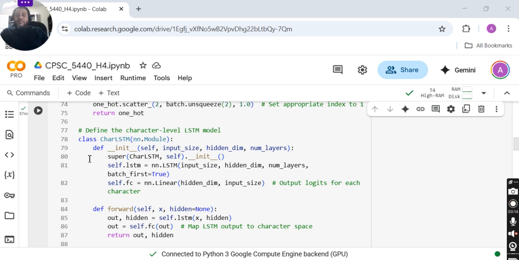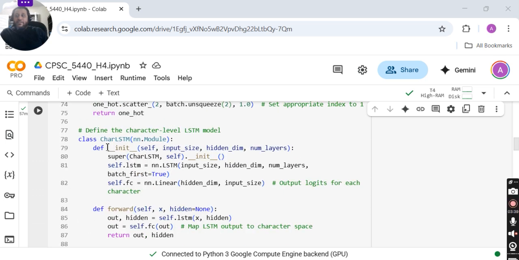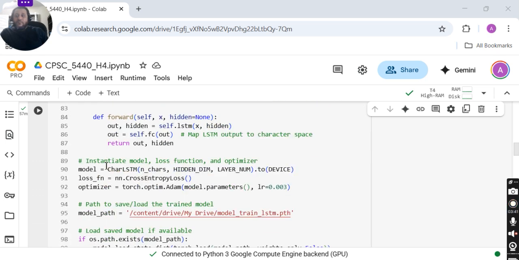Here is the LSTM class, which has the LSTM and a couple of layers, self.lstm and self.fc. Here I'm invoking those two functions that are defined in the def __init__.